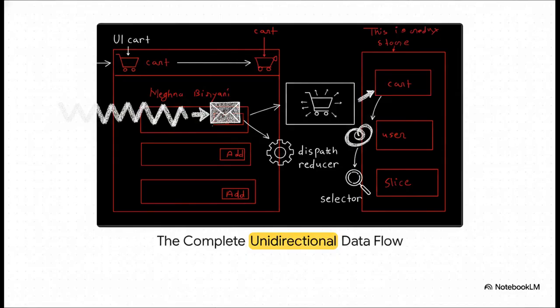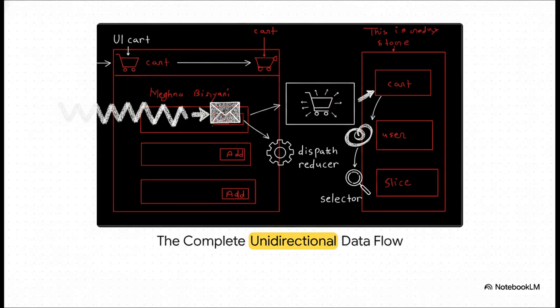So, pulling back to look at the whole map again, you can truly appreciate the elegance of this unidirectional flow. It always travels in one predictable direction, from the Add button through the dispatch messenger, carefully handled by the reducer, safely deposited into the store, and finally grabbed by the selector to update the UI cart. It's a one-way street that keeps applications stable,